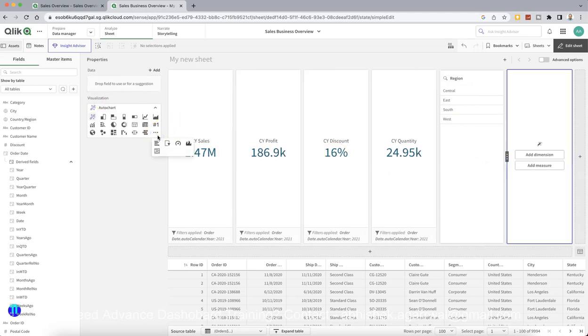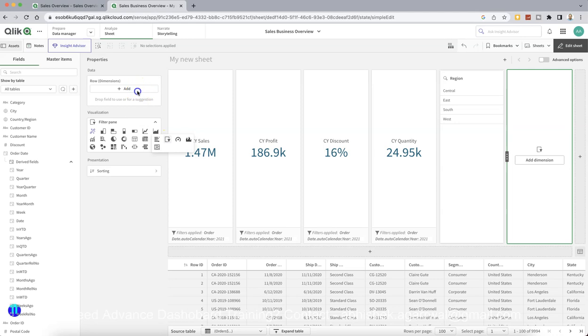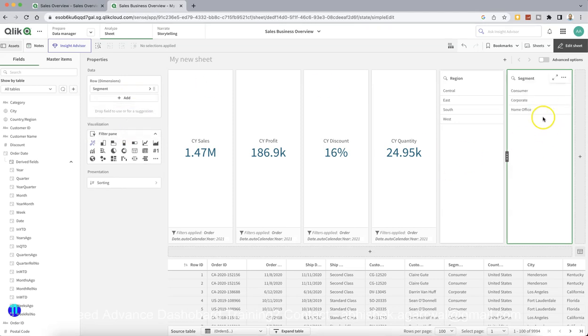Again, from these three ellipses, I will choose the filter and I will add the segment, if I'm not wrong. Yeah, consumer. This is the customer segment, which is whether it is a consumer. So you can keep on adding as many filters as you want, or at the top layer, if you want to give filters, you can give the filter, then the filter down below you can add item and add all